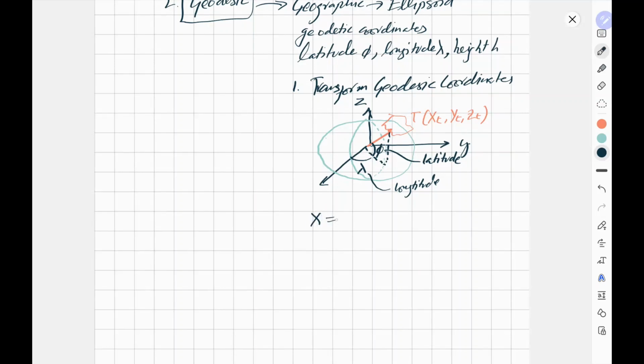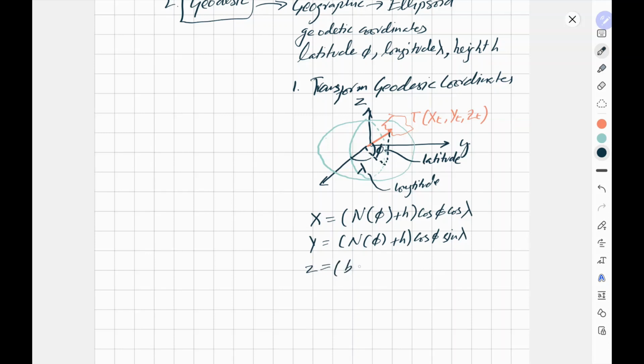X will be equal to n of phi plus h, cos of phi and cos of lambda. Y will be equal to n of phi plus h, cos of phi, sine of lambda, and z will be equal to